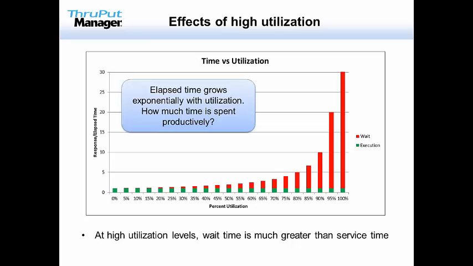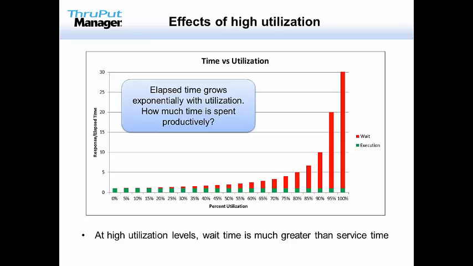And as you can see, elapsed time rises exponentially, not linearly. So when you're at very low levels of utilization, you can go up by 10, 20% and be just fine. When you get to very high levels of utilization, you increase by another 10 or 20%, you go right off the cliff. You stop, essentially. To be clear with the actual values, and I'm not a mathematician here, but mathematically speaking, at 100% on the chart here, it appears that the line ends, but it actually continues on infinitely.